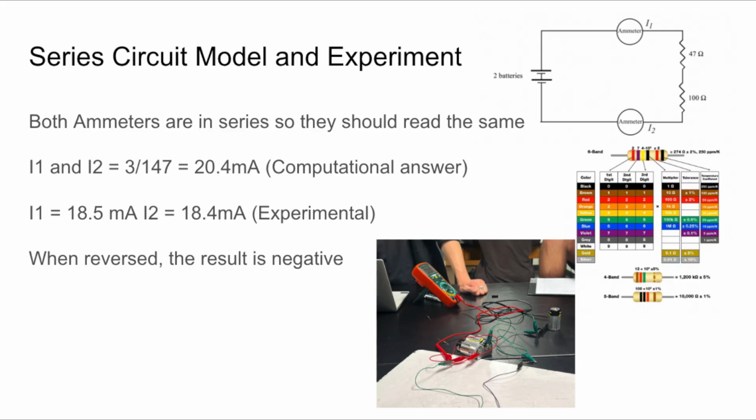Computationally and conceptually, we should get a result of 20.4 milliamps, as we can use Ohm's law and take voltage divided by overall resistance. And then you can see our experimental values. For the first ammeter, we got 18.5 milliamps, and the second one we got 18.4 milliamps. When the ammeter poles were reversed, the result is negative, so it would have just been negative 18.5 and negative